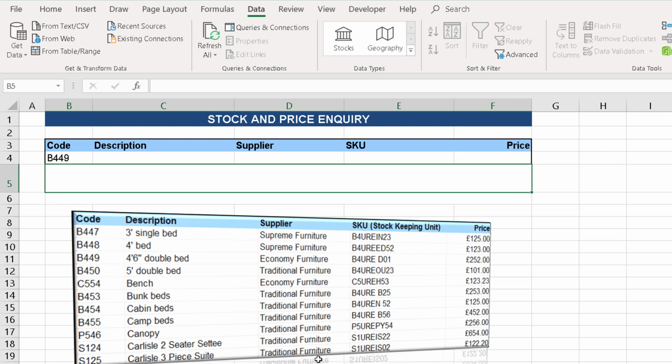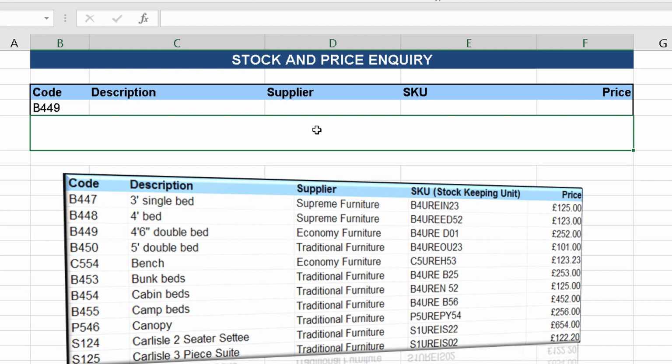We can go back to our previous sheet and begin to write our VLOOKUP. Now, to make it a lot easier to understand, before we get into writing the formula up here, I shall begin by writing in plain English what the attributes are that you have to fill in for a VLOOKUP. So it begins with the word VLOOKUP, vertical lookup,